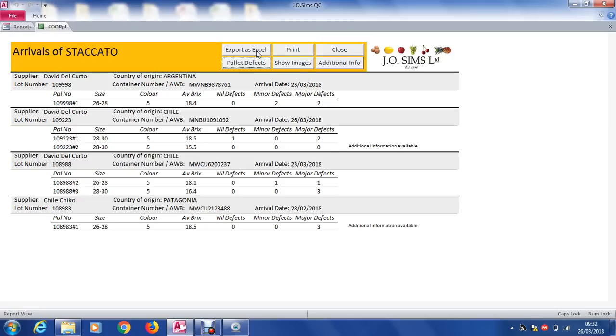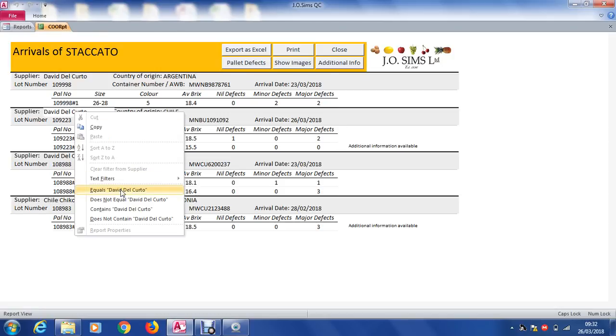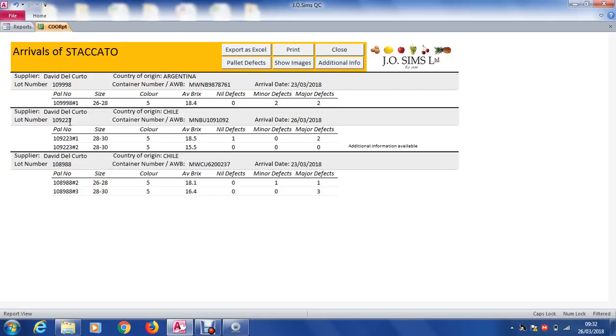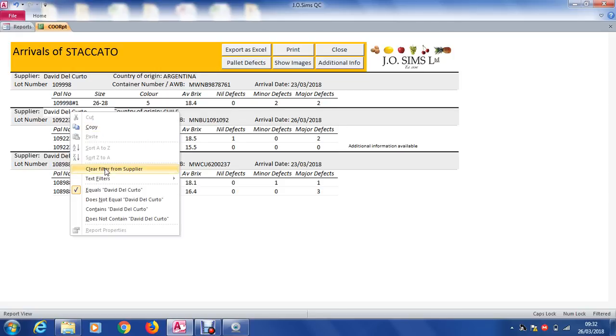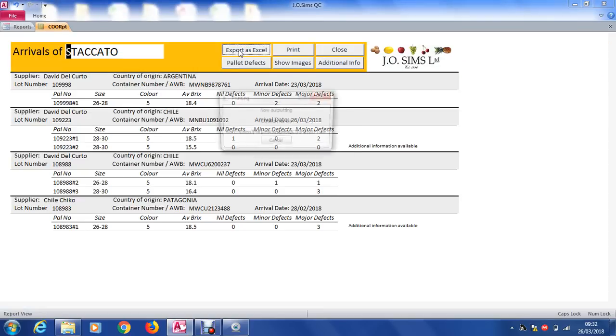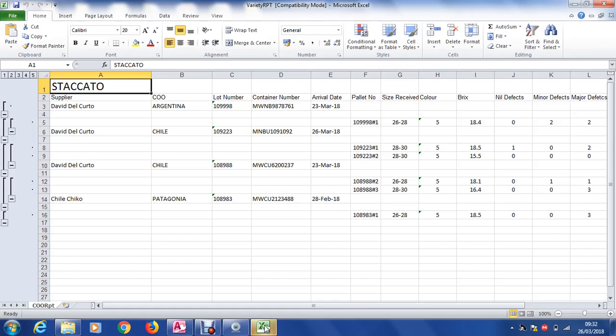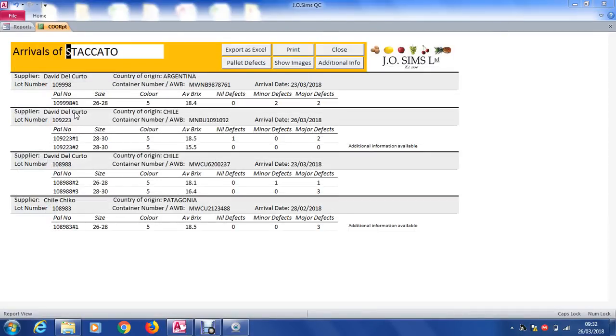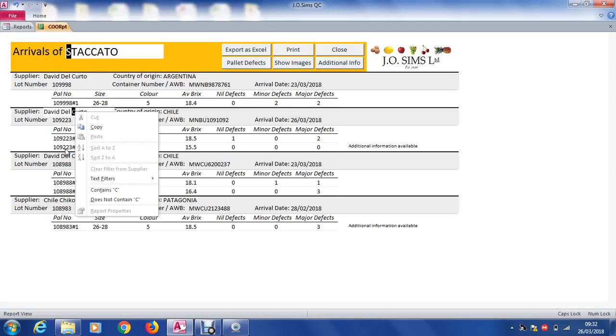Okay, you can also export this as Excel. If you want to do a review of Staccato arrivals, then you can. If you want to also only look at David Del Curto, you can say equals David Del Curto and it'll only show theirs. Okay, or you can clear it. So you can export it as Excel. If you want an Excel file, it will give you all this information here. Okay, if you want to only export the David Del Curto,